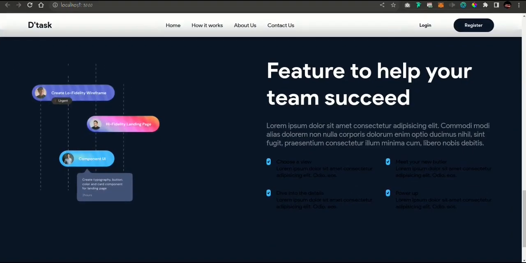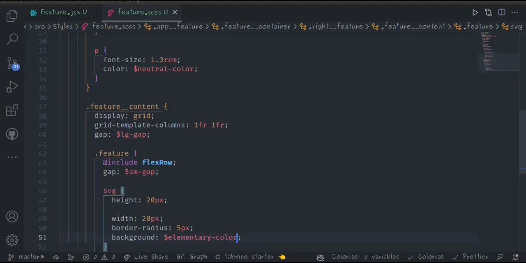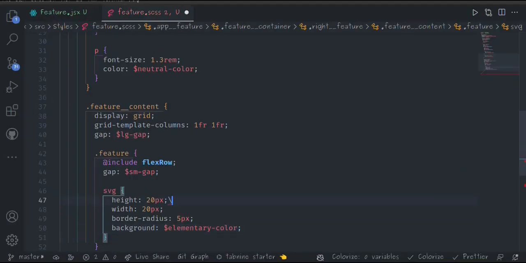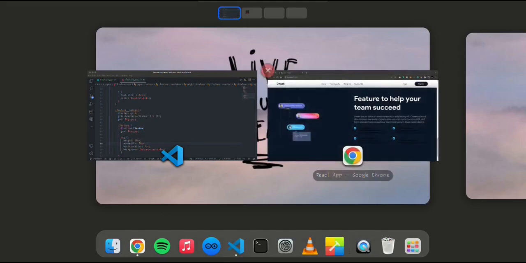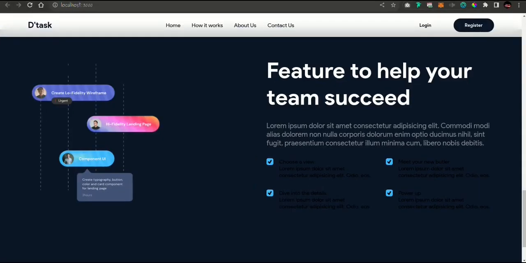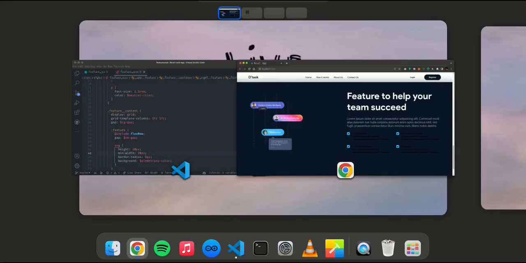But if a 20 pixel width is not being applied, in order for me to make it be applied, I'm going to add here min-width to be 20 pixels. That means no matter how small it needs to go, it stays at this size. So I'm going to allow it like that. Then